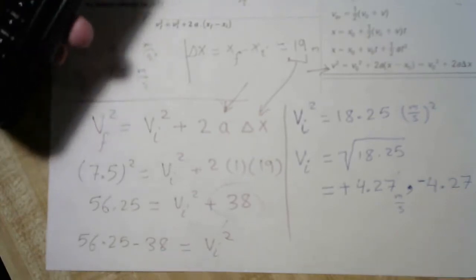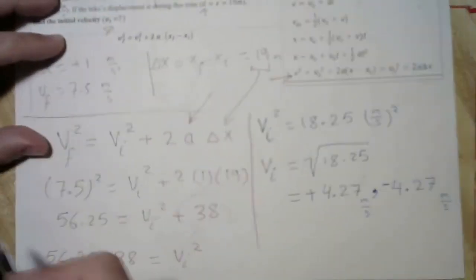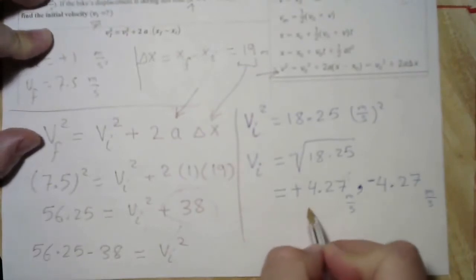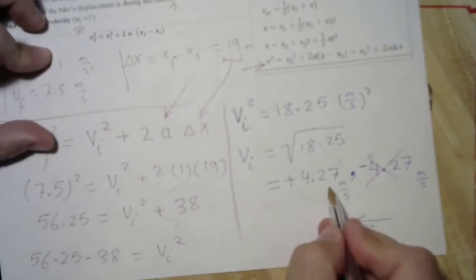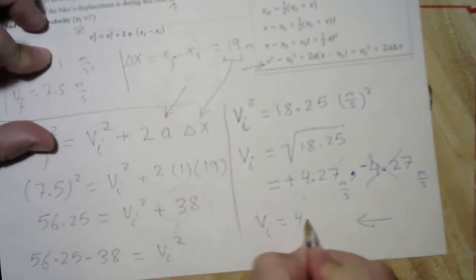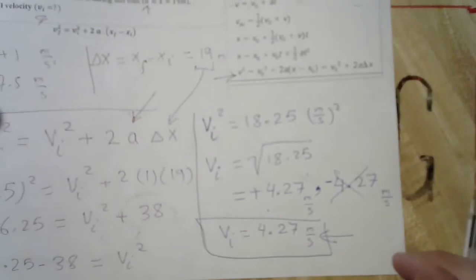I have to accept one of them because my movement is in the positive direction, not the negative direction. I have the positive initial velocity, because if I have the negative initial velocity in this direction, then v final here will be in the negative direction, not in the positive direction. So I will neglect this one and I will accept v initial is equal to 4.27 meters per second, and the final velocity is 7.5. That means that the body is accelerating. Okay,